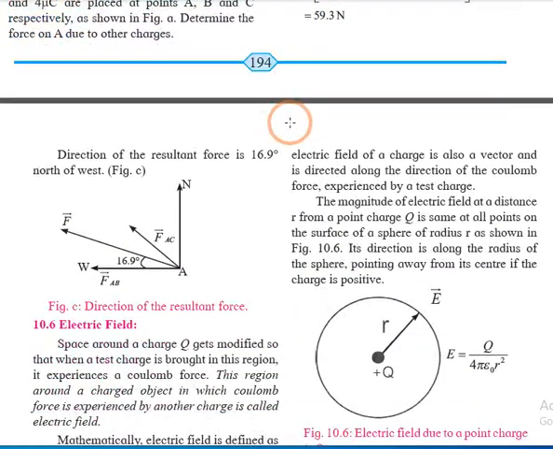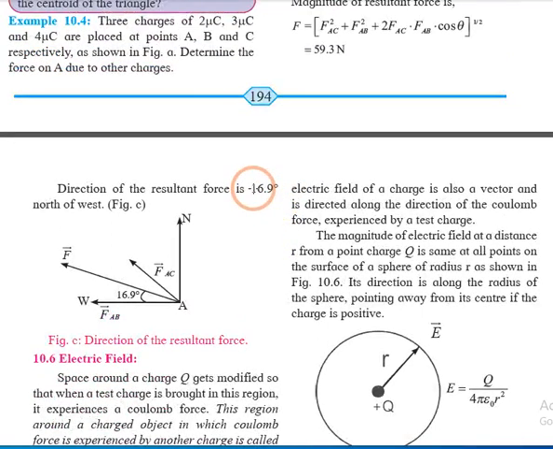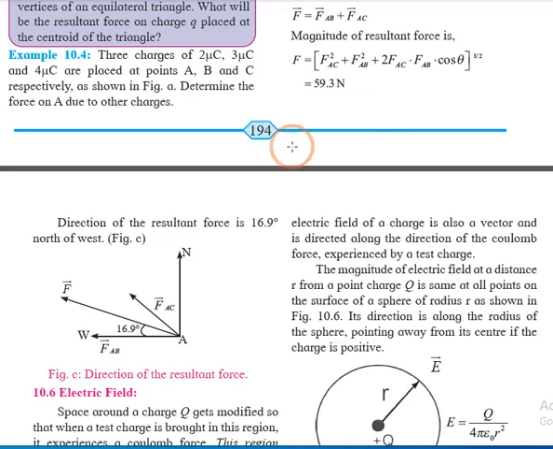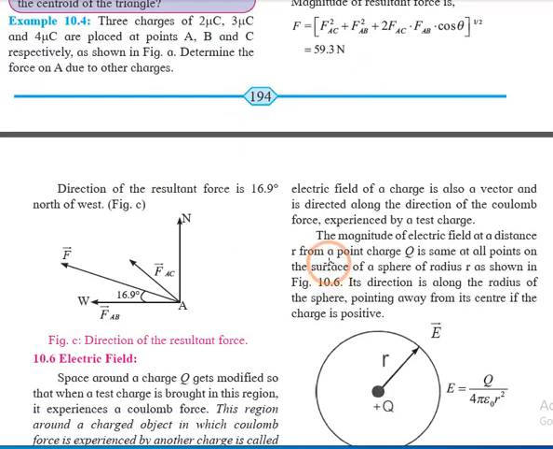So in this way, we are going to find the resultant direction. At that time, we know how to find that: it is sine upon cos, and we are going to find theta as inverse of tan theta. So in this way, we find the magnitude of the resultant force and the direction of the resultant force too.